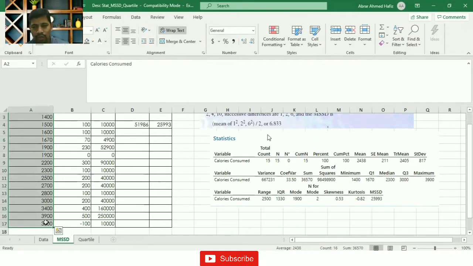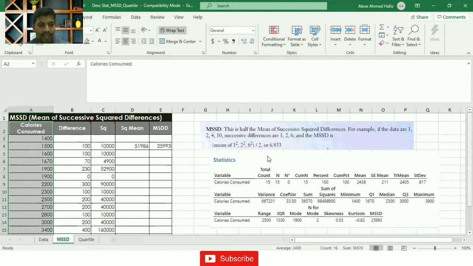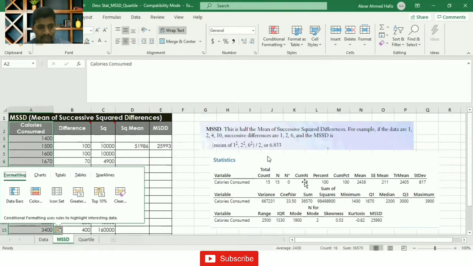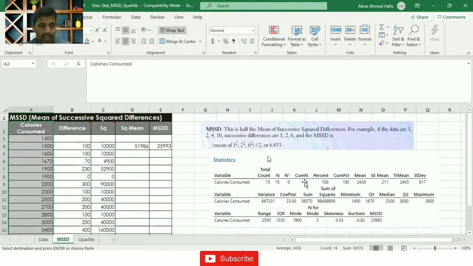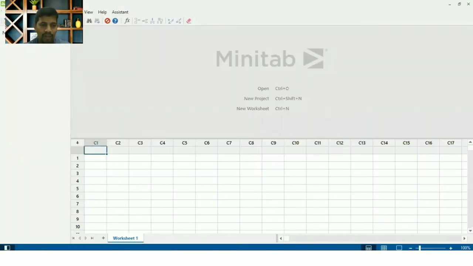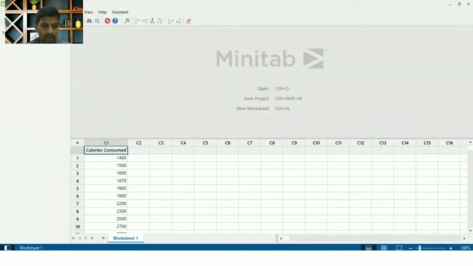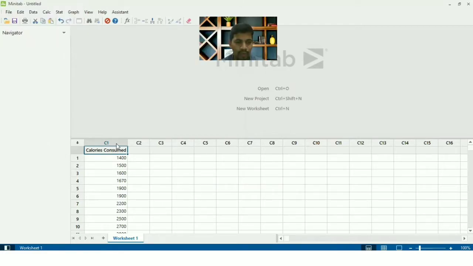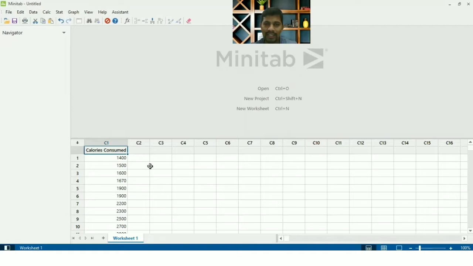Now we have taken almost 2 minutes to calculate all of these things, right? Let's say the same example. Let me do it in Minitab. So this is the value I have got, I have just pasted it. Please make sure that the data is in ascending order, small to big. That is very, very important. Otherwise Minitab will automatically do it. We'll talk about that example as well. In this one, it's already sorted.